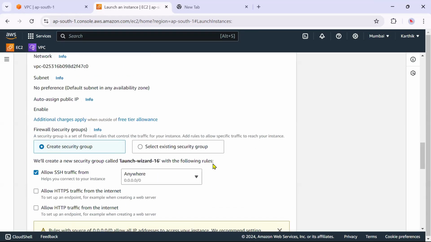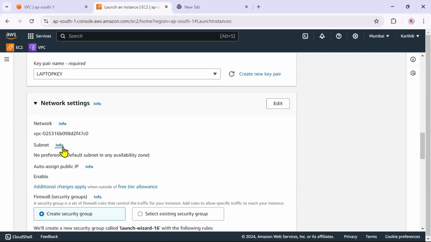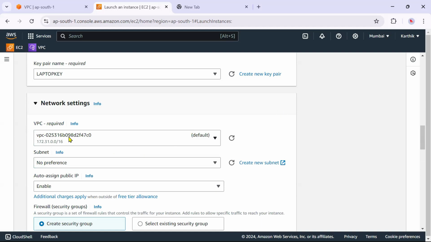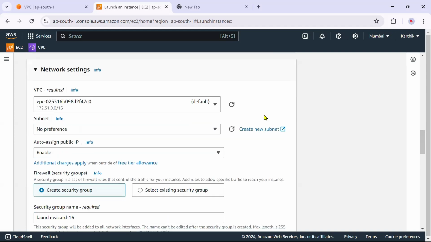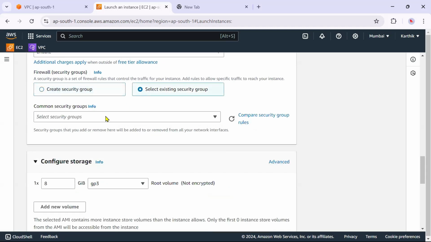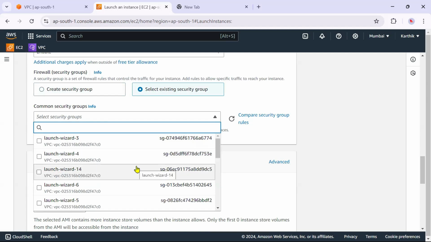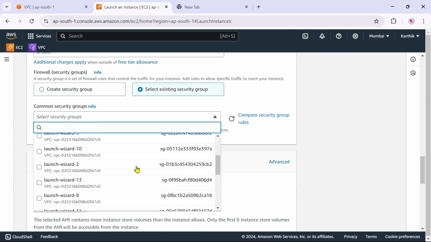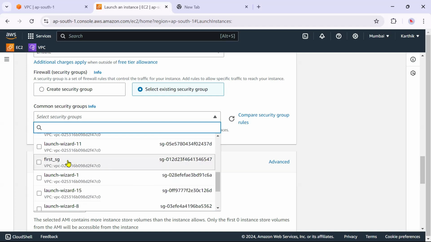And here, can you see this? Click on edit, and here you can see select existing security group. Here you can see our first security group somewhere down. This is the security group we just created, right?